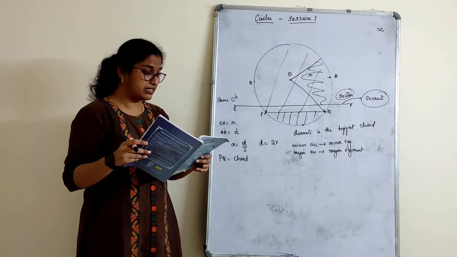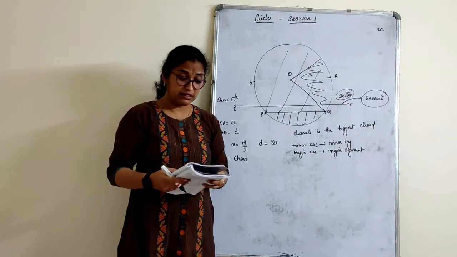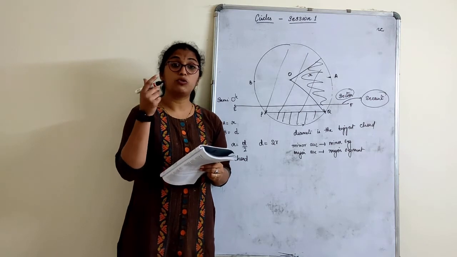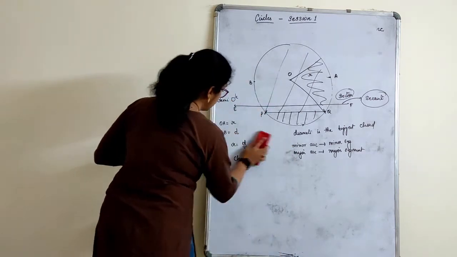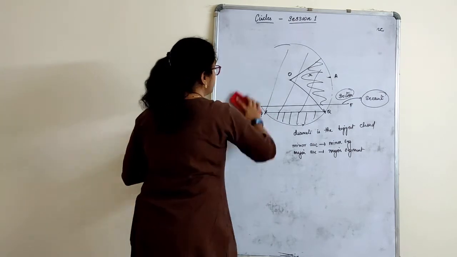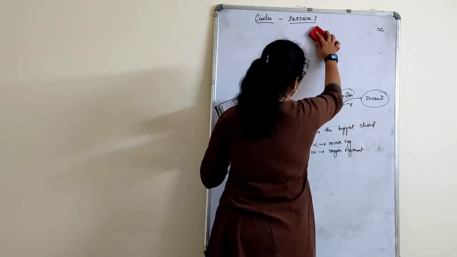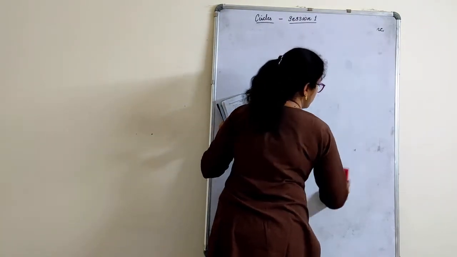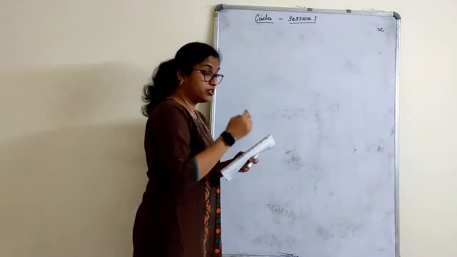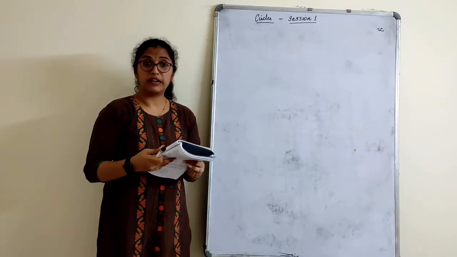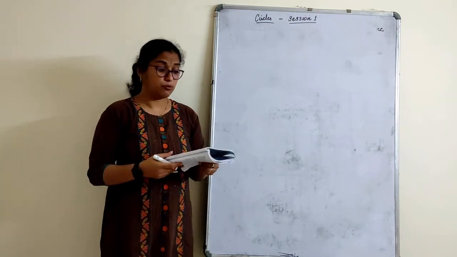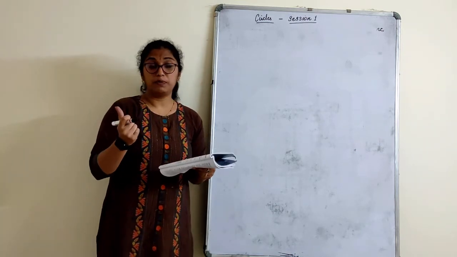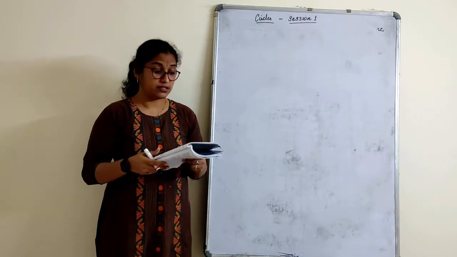So a very small exercise where you can finish marking in the textbook, but you need to copy it down in your notebook there. So the first one, answers I will be writing it on the board. Today's session is a very small session because I will be only covering the introduction part and the exercise, because tomorrow's session I am going to introduce few angle properties and chord properties of the circle.